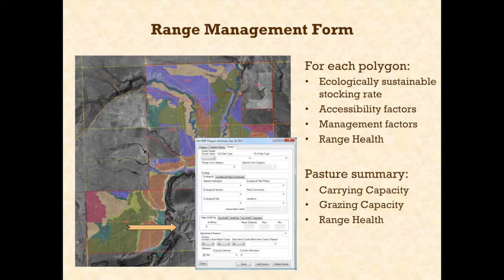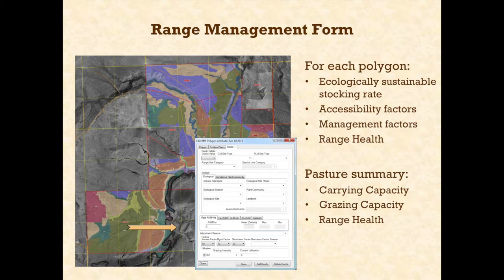Okay, so we have the range management form. We've figured out that we do polygons to plant community types. Each plant community type has a stocking rate. We look at access and management. We have grazing capacity and carry capacity. And we can do that at polygons, and then we sum up the polygons and do that for a disposition level. There's still one more aspect that we need to include to complete the story,